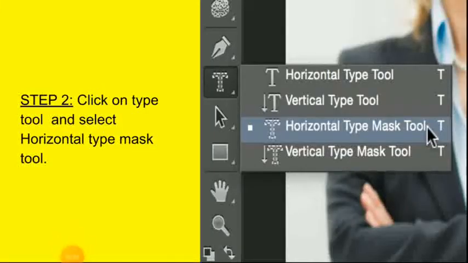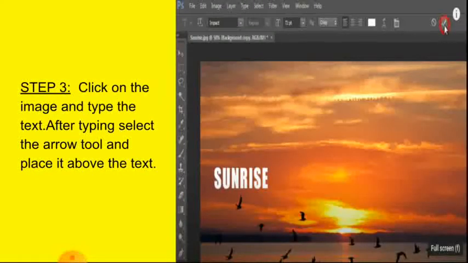Second step is click on Type tool and select Horizontal Type Mask tool. Step 3. Click on the image and type the text. After typing, select the arrow tool and place it above the text. Can you see a tick mark? That is the arrow tool.